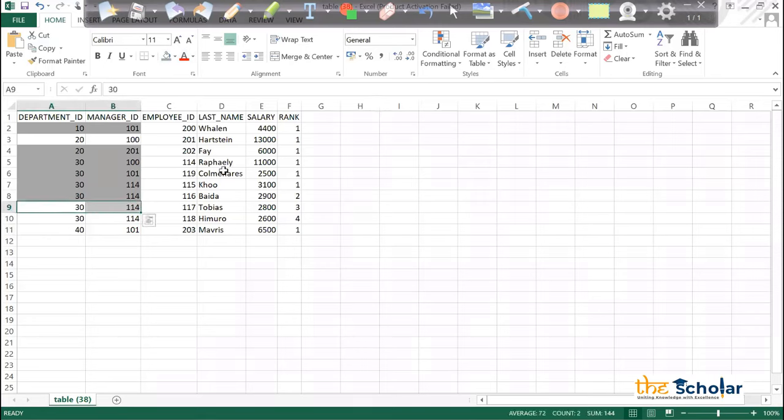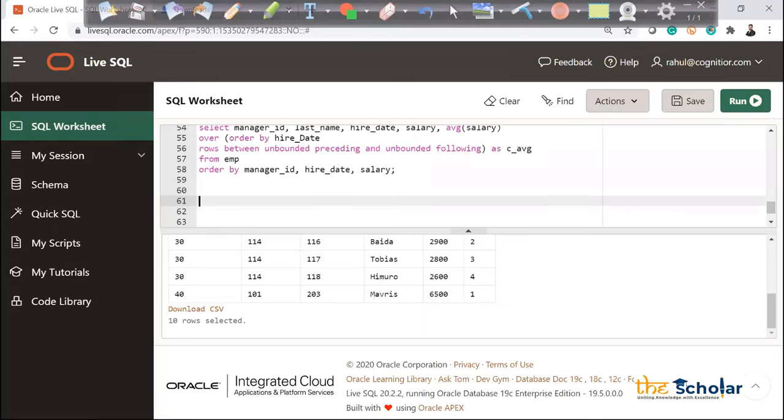Let's say I want to find the maximum salary by department. We can do that, right? We want to find the max salary by department. I just have to call this analytics function and we are done. We don't have to write complex logic. Just a few lines of statement and we are good. Let's see that. Select department ID, last name, salary. I want to do rank, or as of now I want the maximum salary, right?